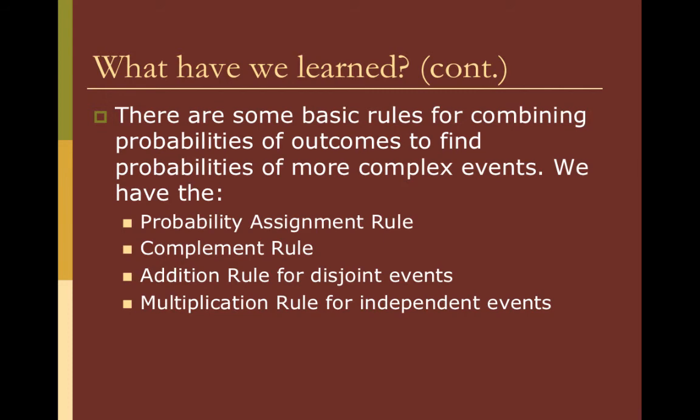independent events. So again, the probability assignment rule is that something's going to happen. It's going to have probabilities. The complement rule is where you subtract from one. The addition rule means that you can add them together as long as they have no outcomes in common. And the multiplication rule is when you can multiply the probabilities as long as one event doesn't affect the other